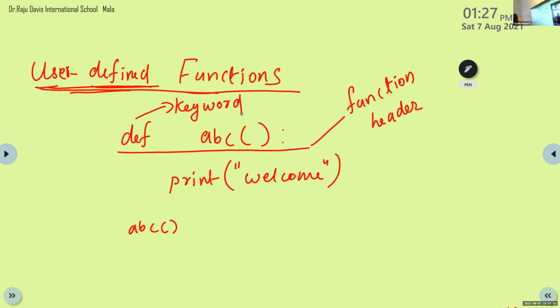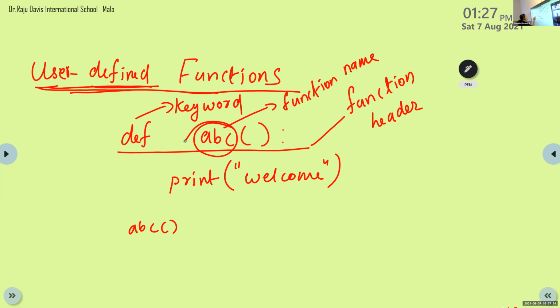Def is the keyword used to define the function, and ABC is the function name. ABC is a user defined function name, so the user can give any name here. My function name is ABC.